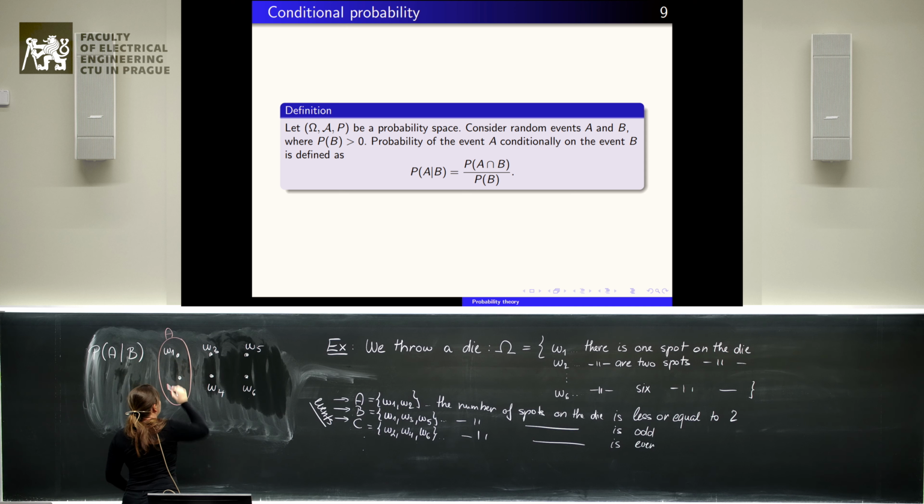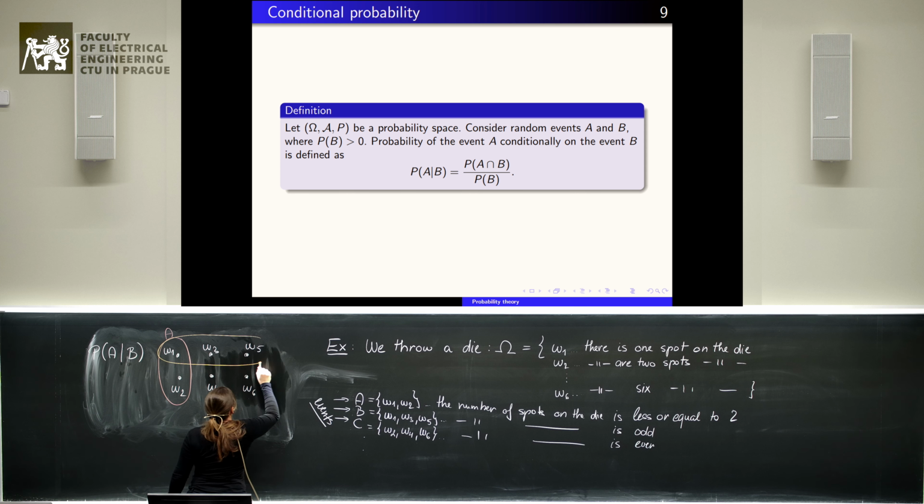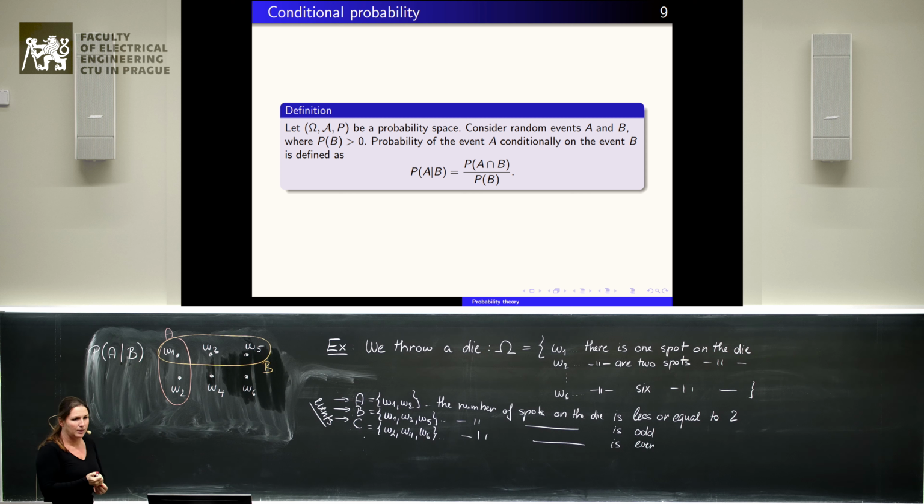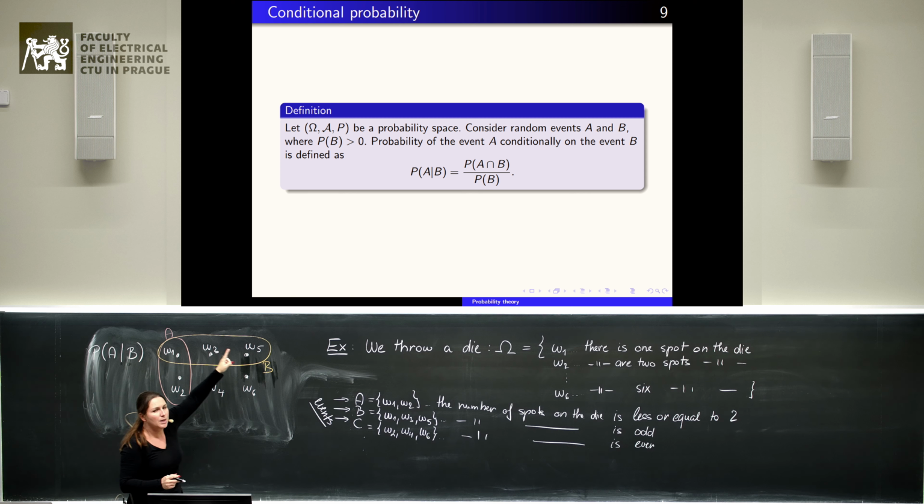Here we have the event A, here we have the event B. And we know that the probability that the number of spots is less or equal to 2 in general is equal to 2 over 6, because we have 6 elementary events and 2 of them satisfy that the number of spots is less or equal to 2. In our case, when we know that the number of spots is odd,